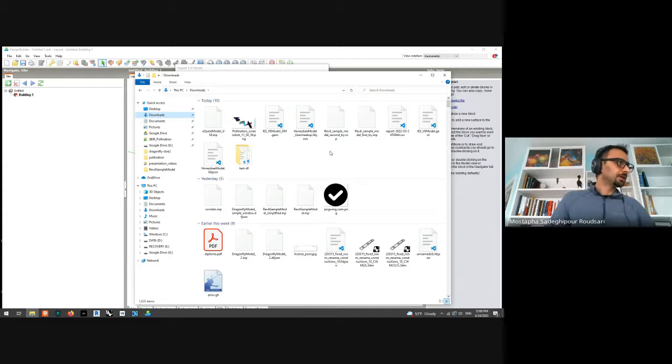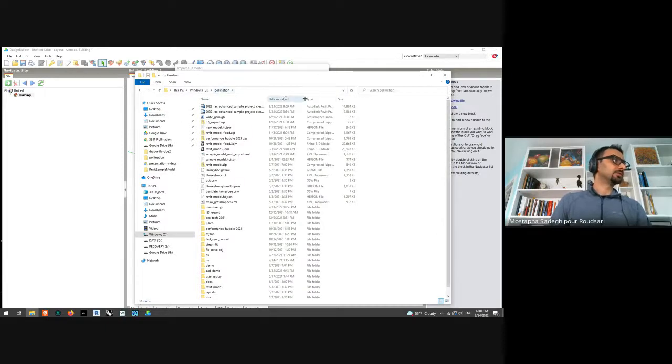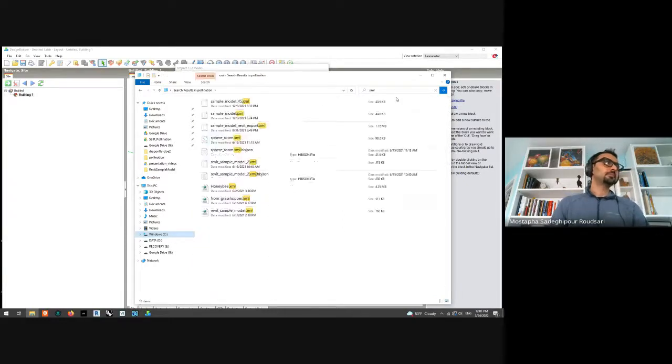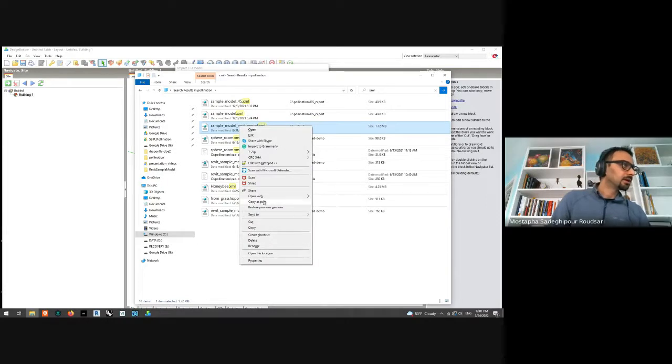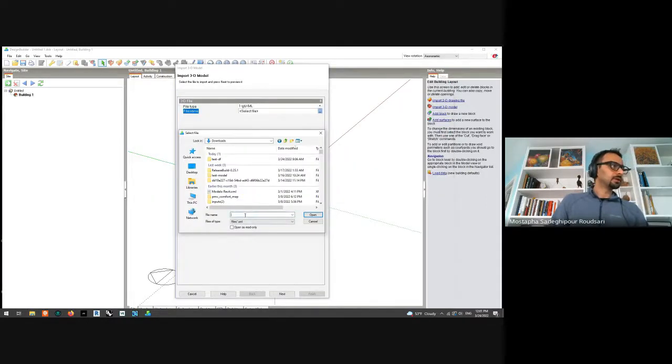What happened to GPXML? I don't know where the GPXML file is here. And we don't have time. What I can do is show another one that I have. I'm pretty sure I have exported some XML here, a Revit model, let's see. Sample model, Revit export. So this is GPXML. So this one is 1 megabyte, looks larger. So let me copy its path, go back to Design Builder,